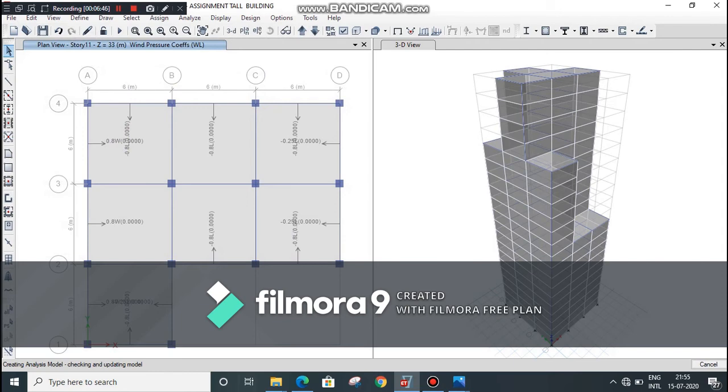It will take some time, depending on the software and the laptop. Here you can see the analyzing is shown in percentage.